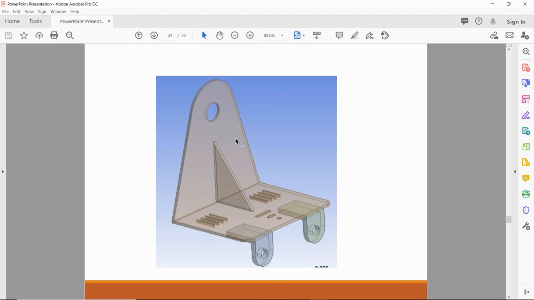So now we will move to 2D geometry editing. This is the component we will see for the 2D geometry editing and creating the mid surface. And then we will do free run analysis to check whether the mid surface is connected or not. So let's start with this problem.